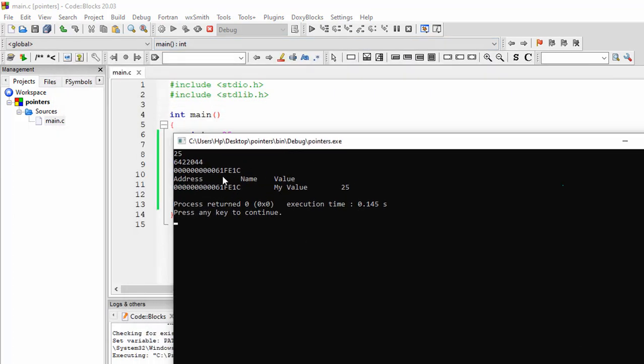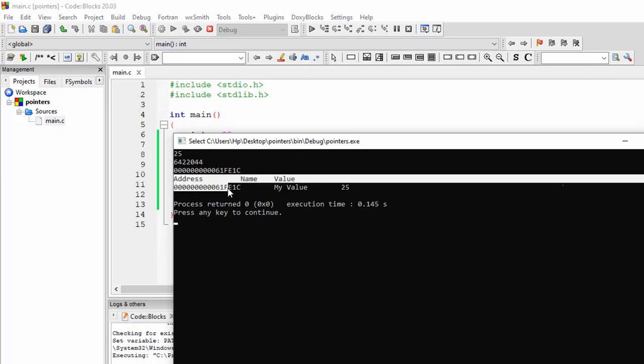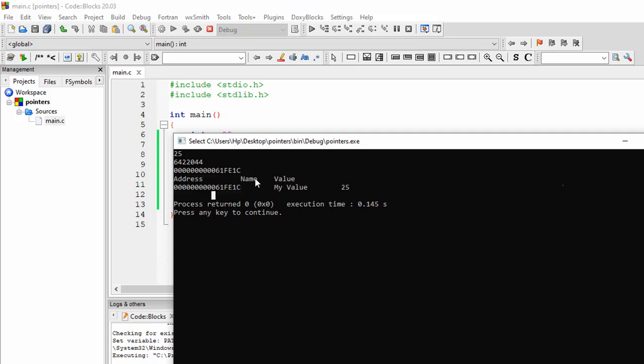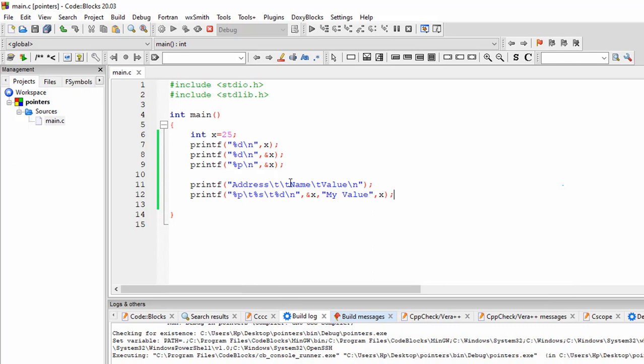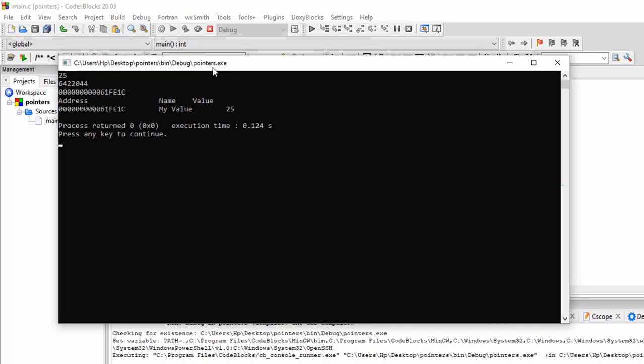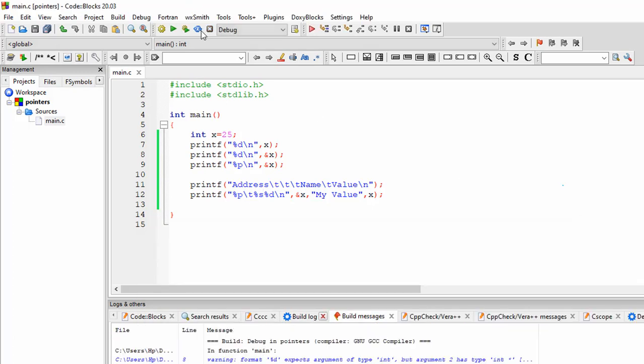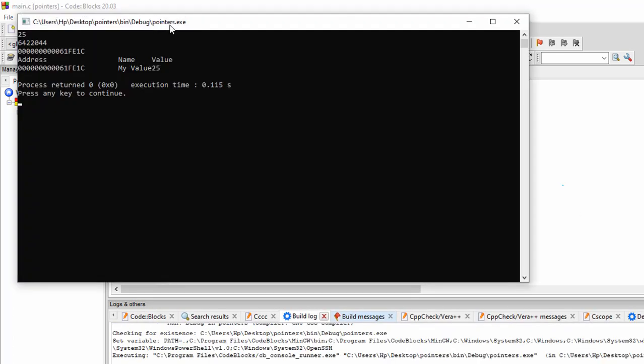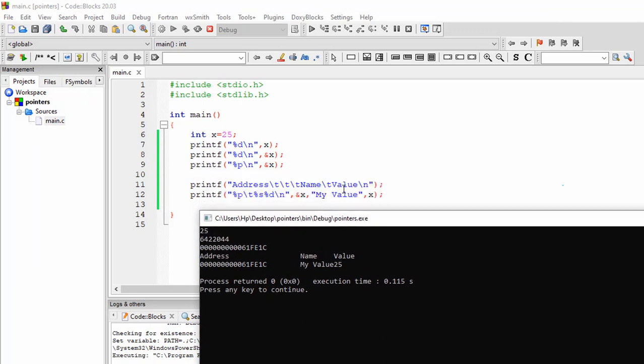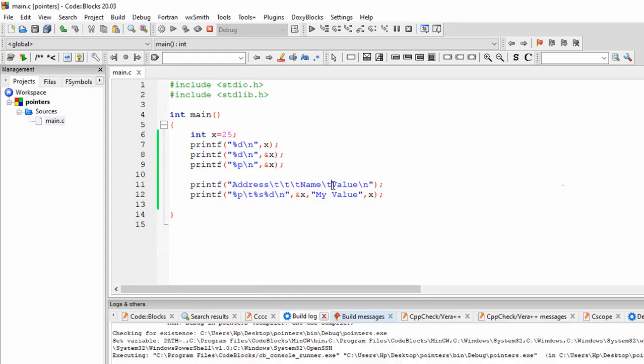Now see the result. This is my address. I have got the address. For the name, I have to insert a tab here basically so that it will work correctly. I will insert \t, run it again and see the value. See the result. We will not use \t here. You can see the result. If I do one thing, I will write \t here and 1\t here.